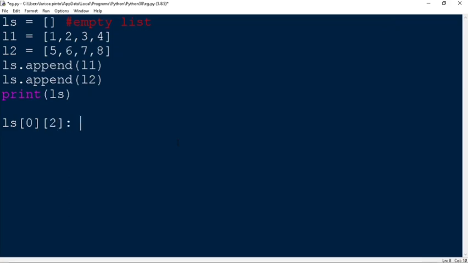So according to this, 0, 2 will be the index of the number 3 in our nested list. So we are going to change that number